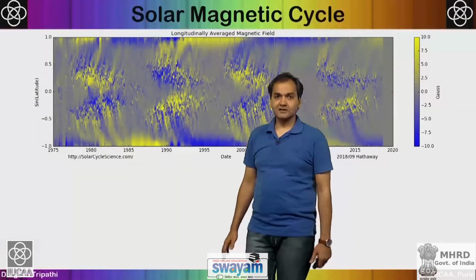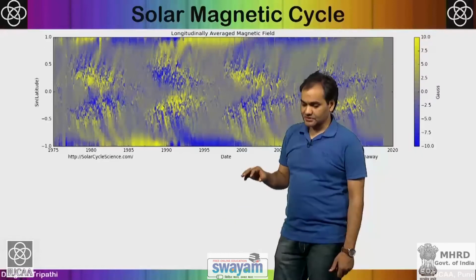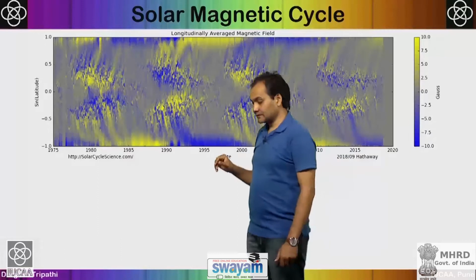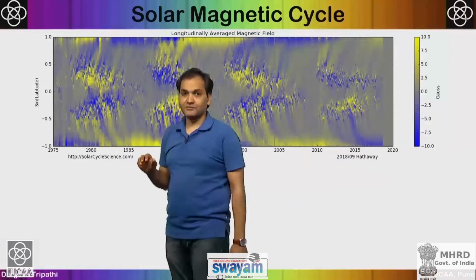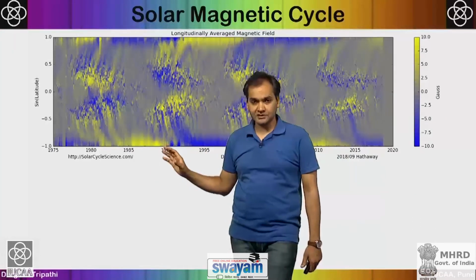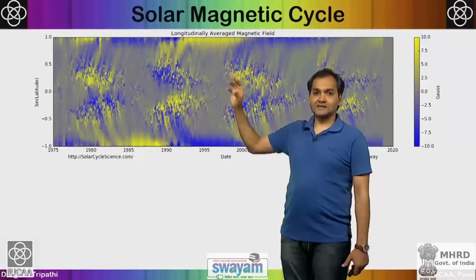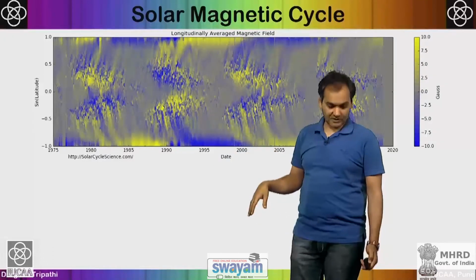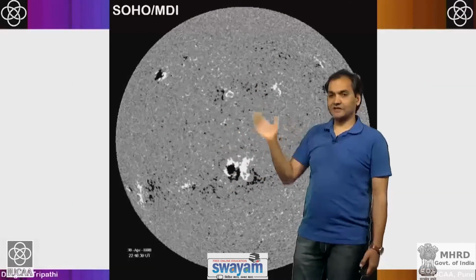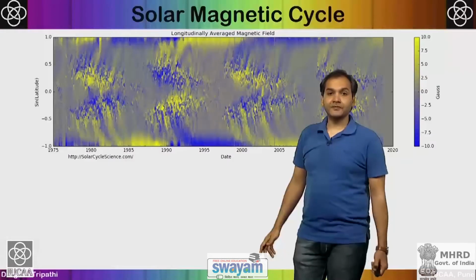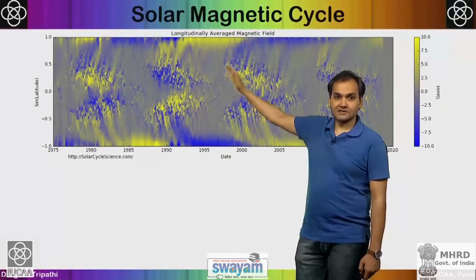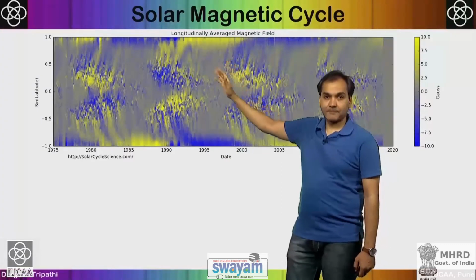What is done here is take all those regions, the black and white strong field regions, and color code them not in black and white, but now in yellow and blue. Yellow is the positive field and blue is the negative field, and I put them as they appear at different locations. Essentially, I take this middle stripe and keep counting every day when it comes and put them together daily. What you have is the date on the x axis